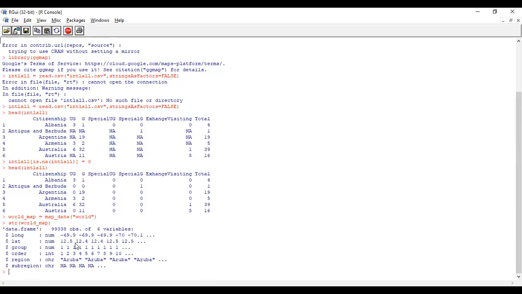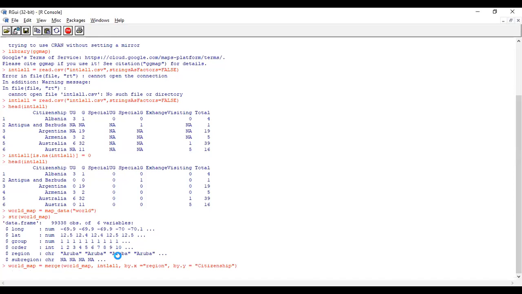The map will understand only region, but we have given the title as citizenship. For merging your data with the map data we can use a separate command. Up to this, please complete. I'll wait for another 5 minutes, then we'll proceed.